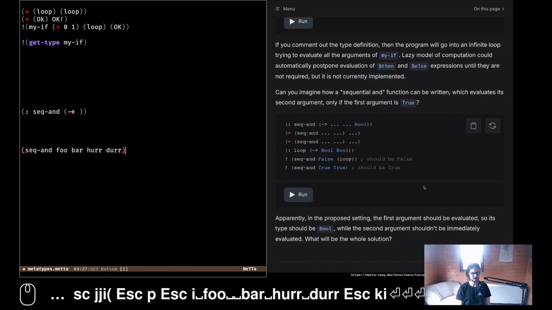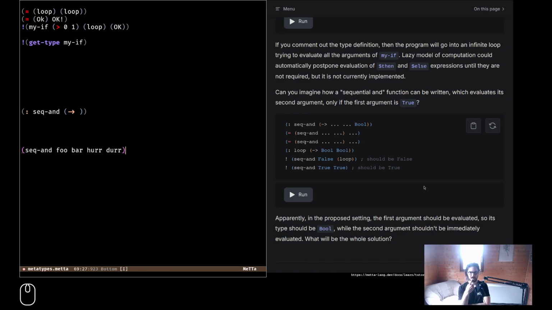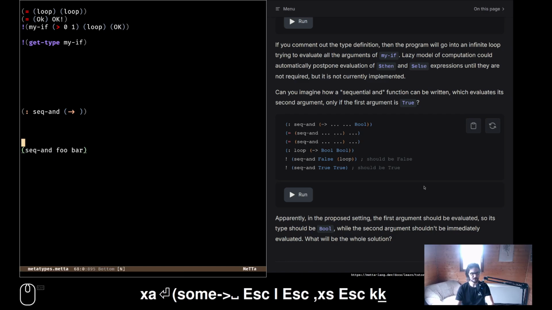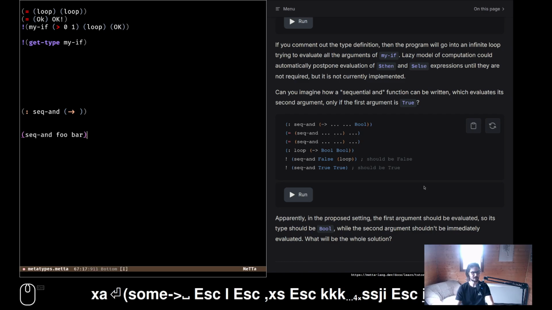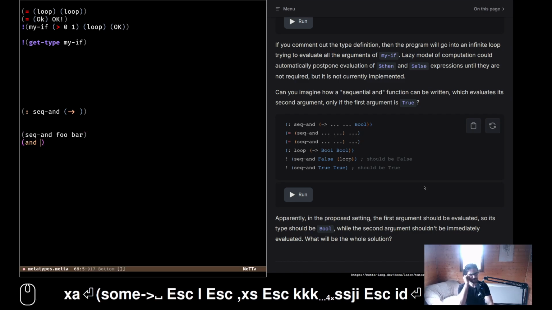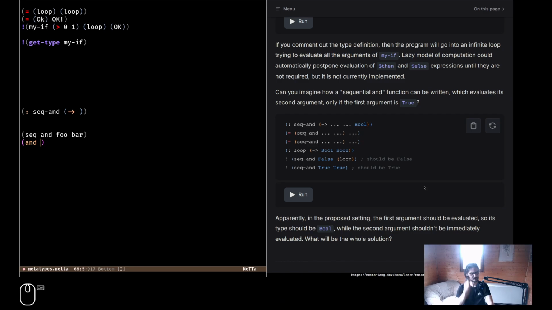This would need to be its second argument. No, wait, it only has one argument. Okay, so foo bar, seek and foo bar. Yeah, this is a little bit like closure sum or something. This is a little bit like that, or just and. Actually, isn't it like and in closure?